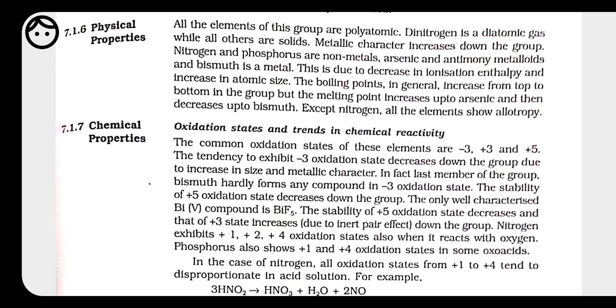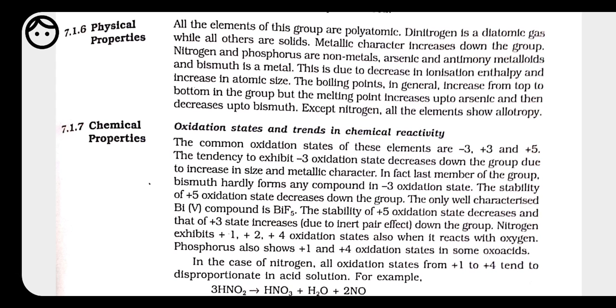That's why nitrogen can gain electrons and form a 3 negative charge. It exists as the N3- ion, and in compounds it can exist as Mg3N2, Ca3N2, etc. The other elements of this group form covalent compounds in which their oxidation state is -3. In addition to the -3 oxidation state, the elements of this group also show +3 or +5 oxidation states. The oxidation state may change, depending on the type of element it combines with.